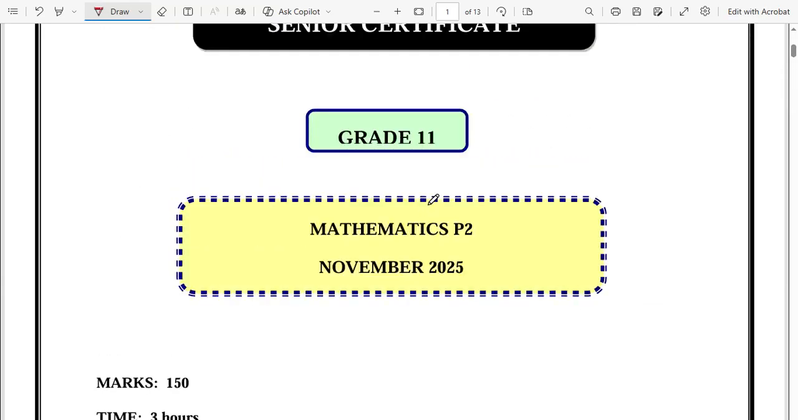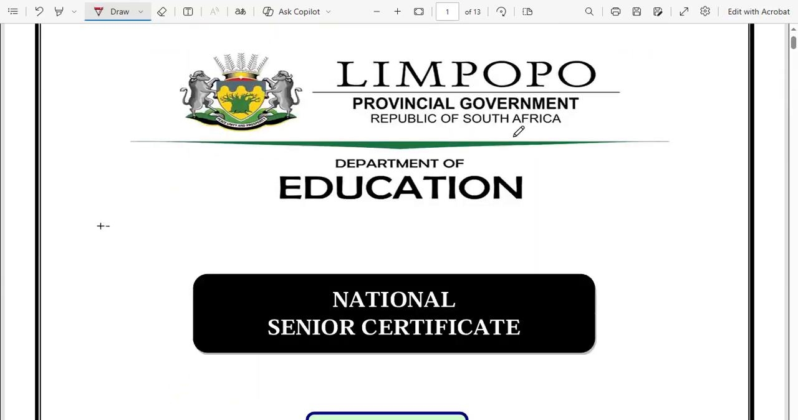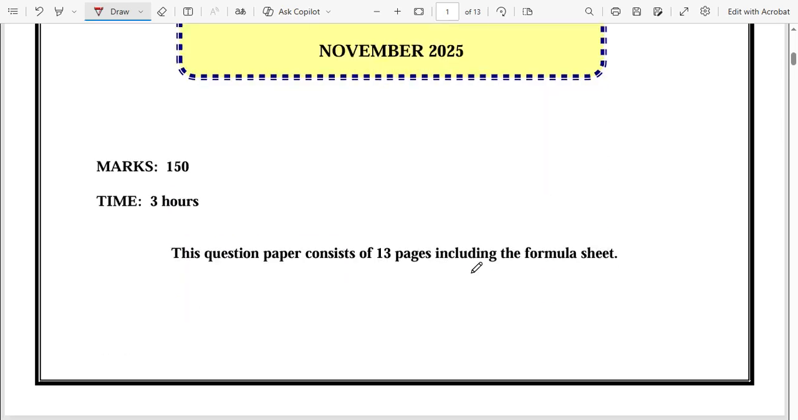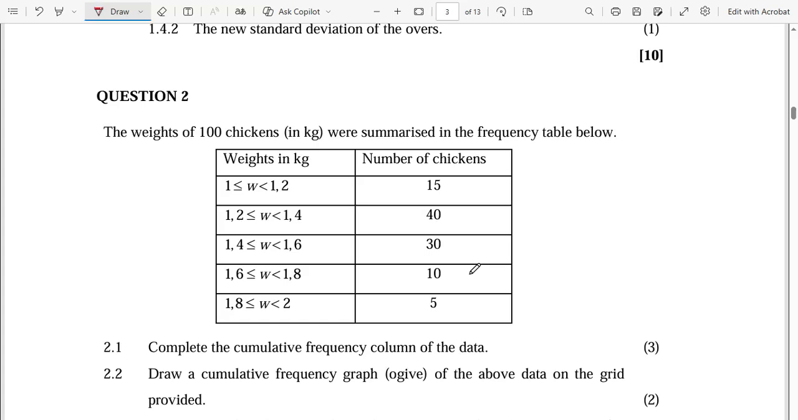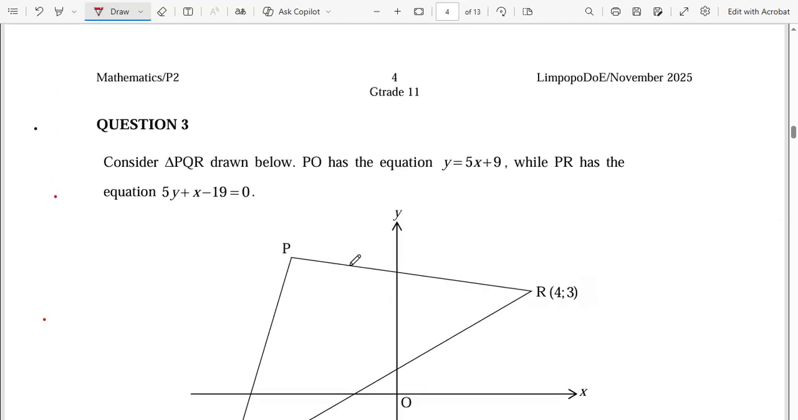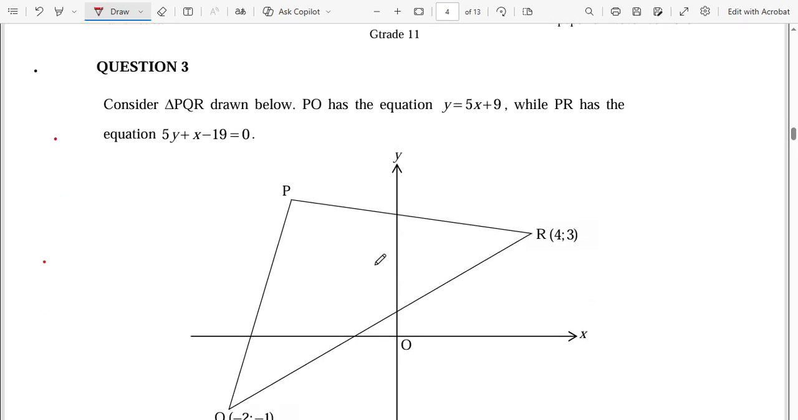On this lesson, guys, we're going to focus on this Limpopo past paper. This is the final examination for the year 2025. Now this is the question that we're going to look at, which is question 3. And I'm going to guide you guys, make sure that you understand how to approach this question using the correct